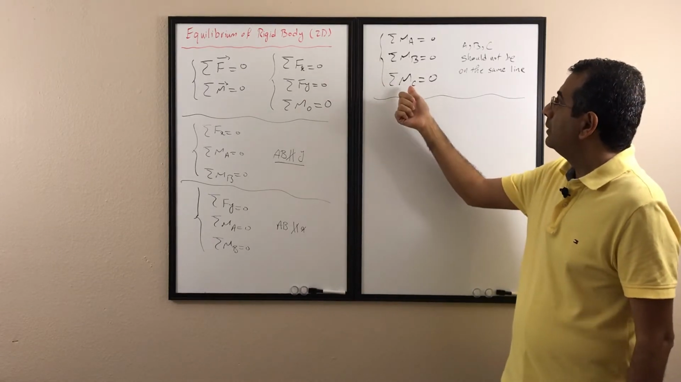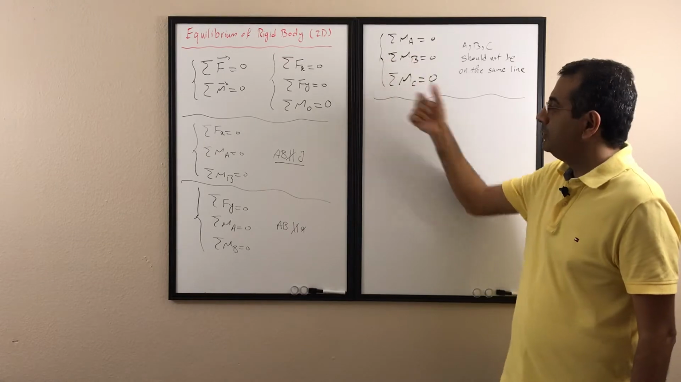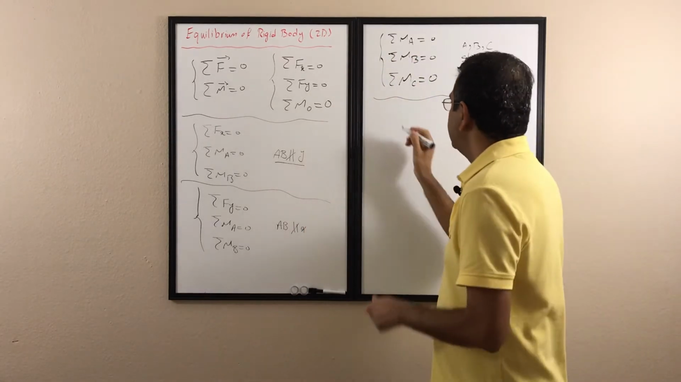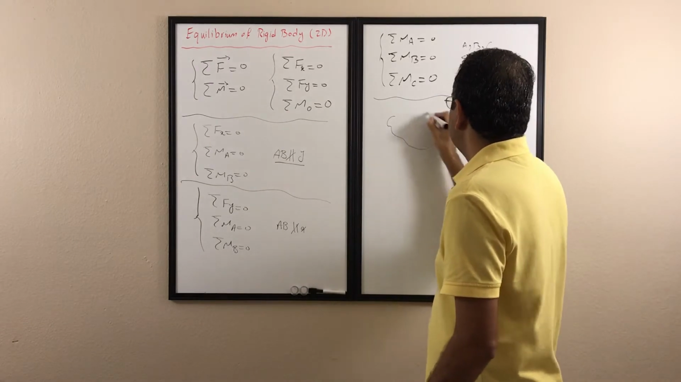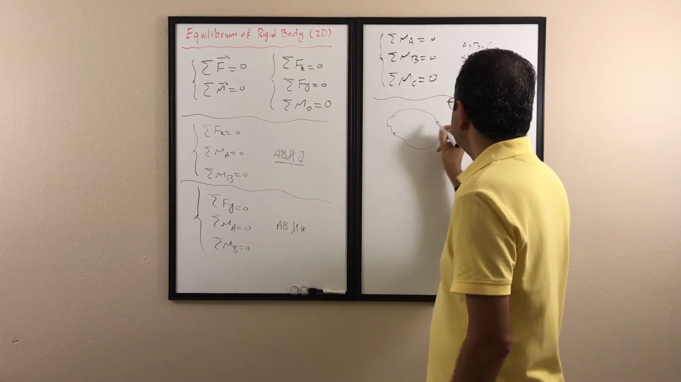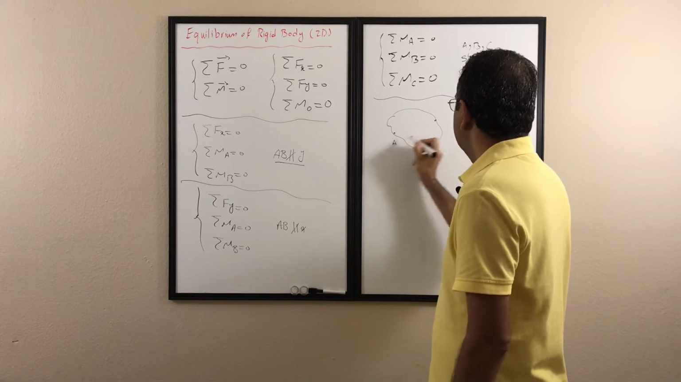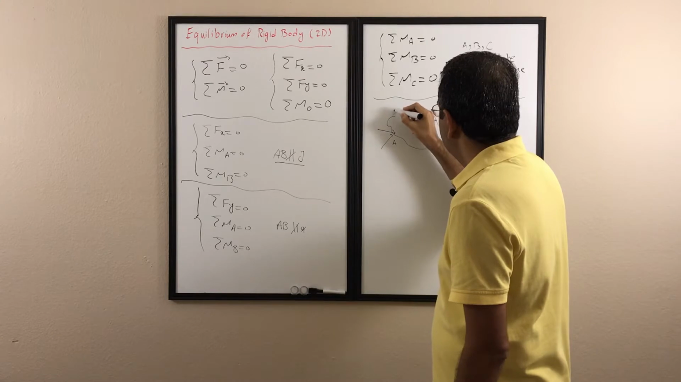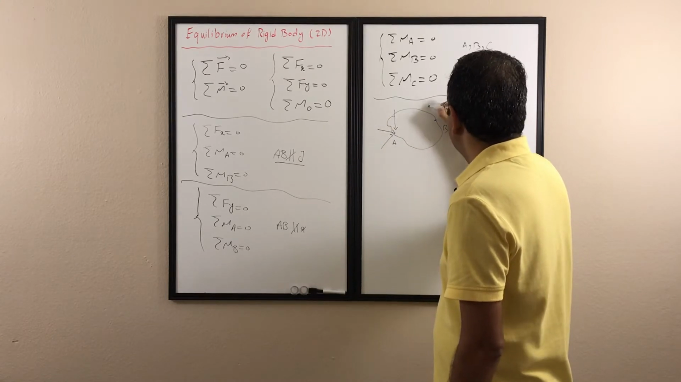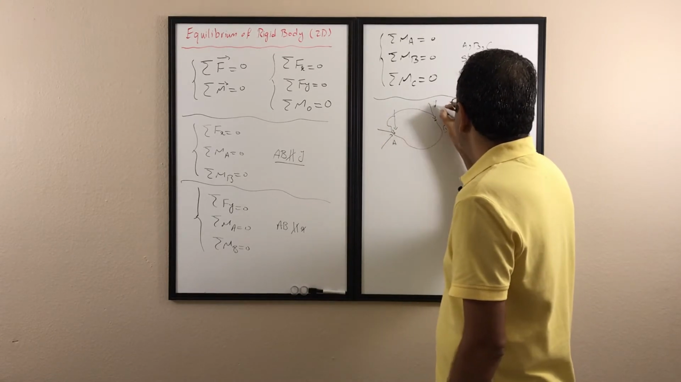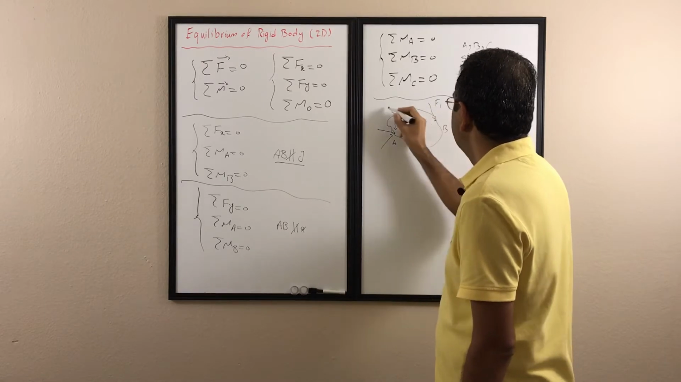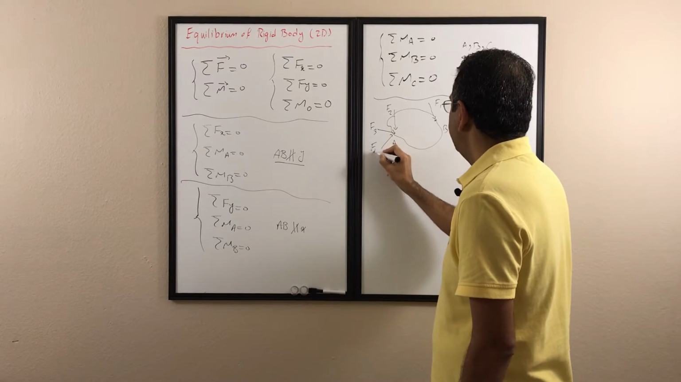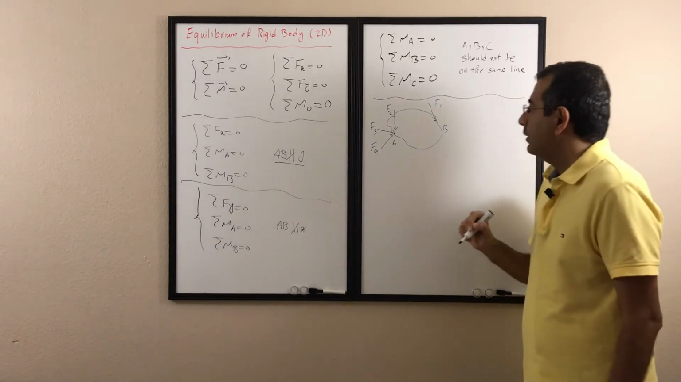But about the moment, sometimes we can choose which point we write the moment about to make it easier to solve the problem. So assume, for example, I have an object here and I have 2 points, A and B, and I have forces F1, F2, F3, and F4. So if I want to find F1,